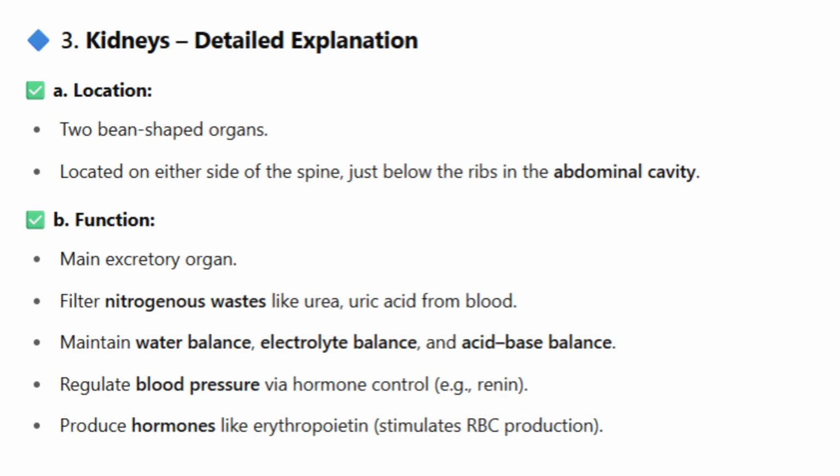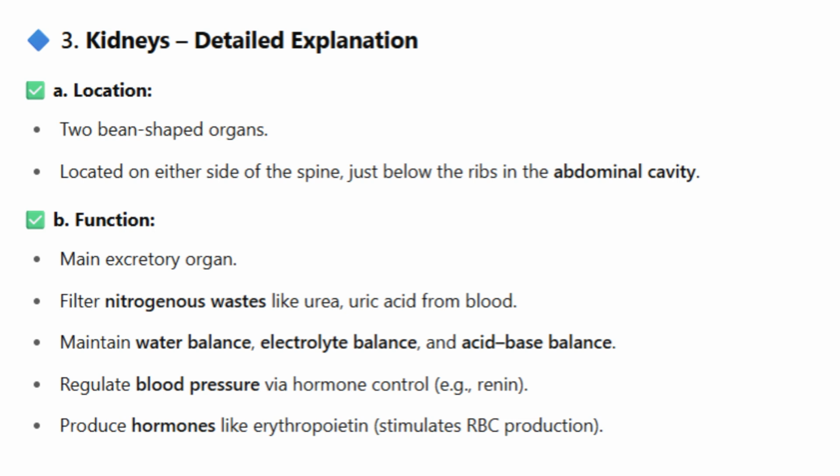B. Function. The kidneys play multiple critical roles. First, they filter nitrogenous wastes like urea and uric acid from the blood, removing harmful substances through urine. Second, they maintain the body's water balance, electrolyte balance, and even help regulate the acid-base balance, ensuring internal stability or